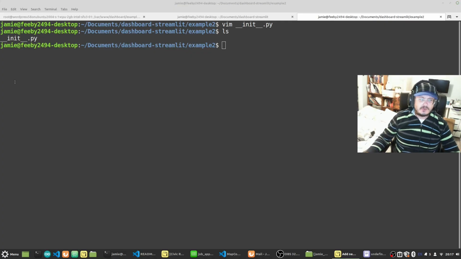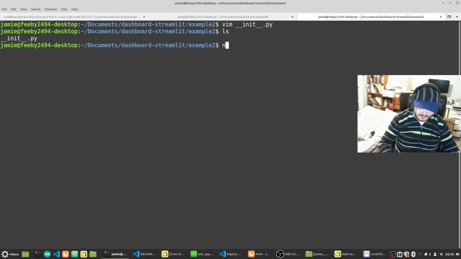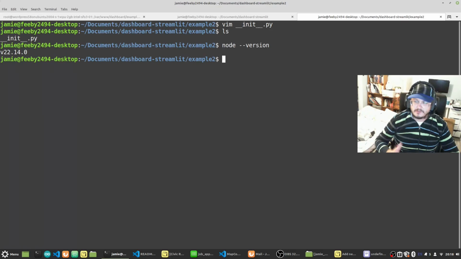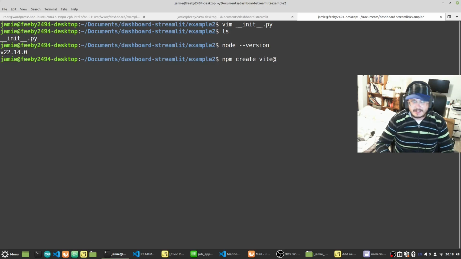Next thing we need to do is we need to make sure that we have Node installed. So run a Node version. We have Node installed. We're going to do an npm create. We're using vite for our builder at latest. And this is very important. We need to call it frontend. Our React application is going to be called frontend. Press enter,